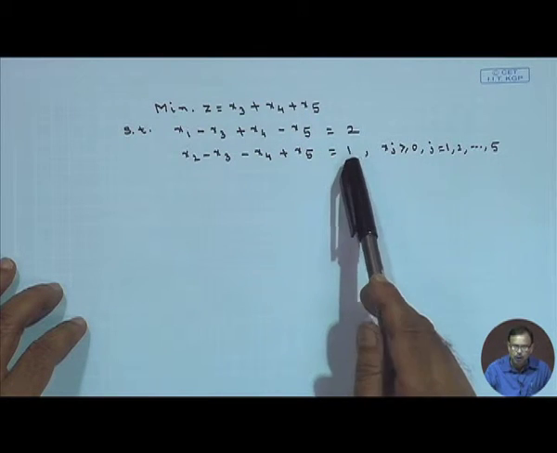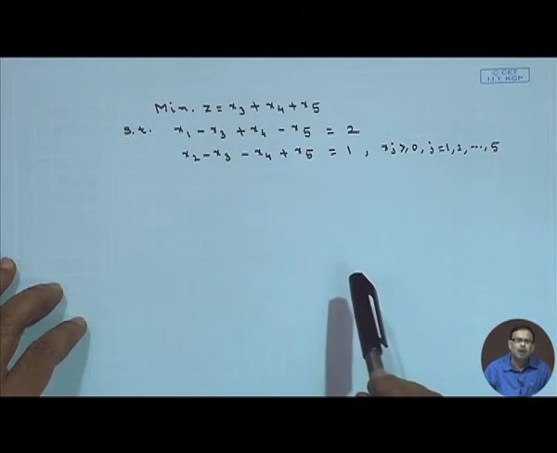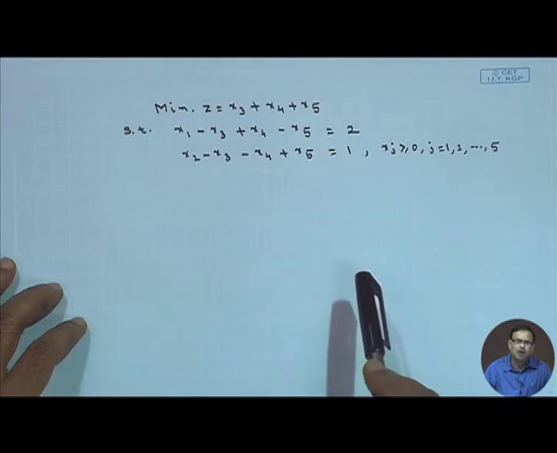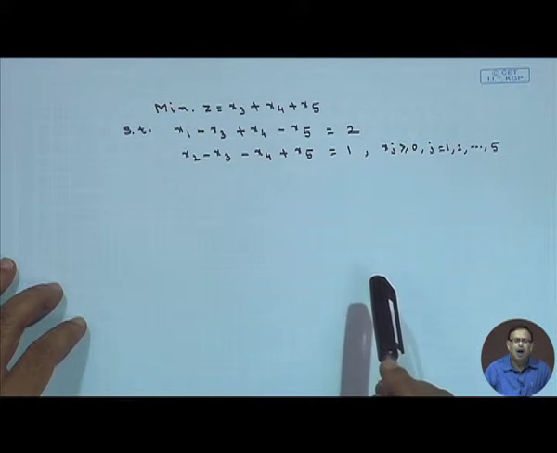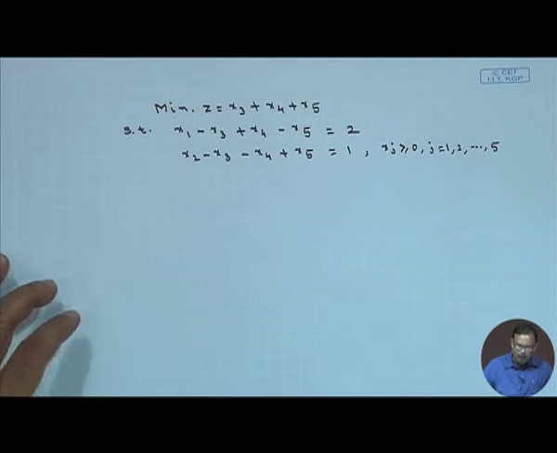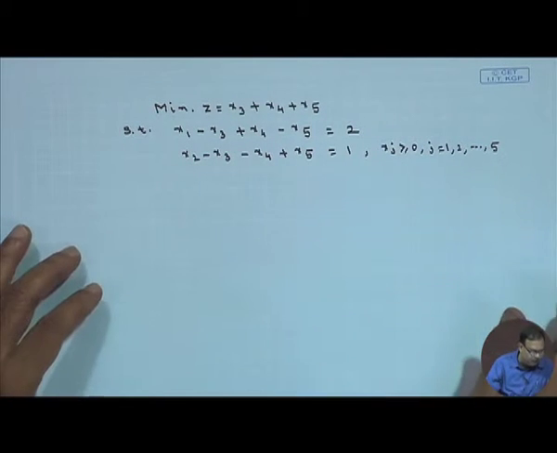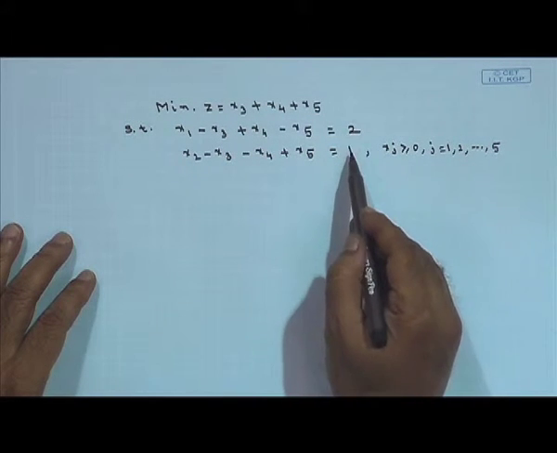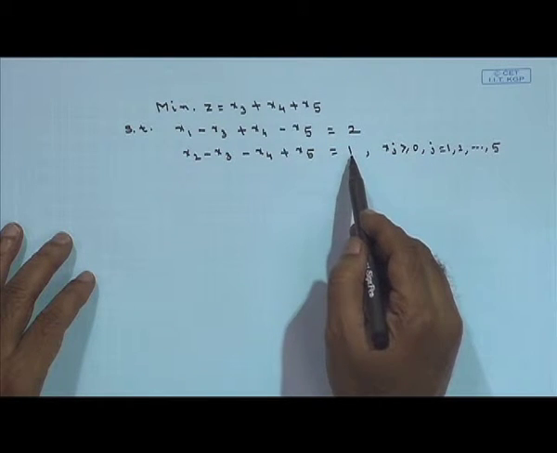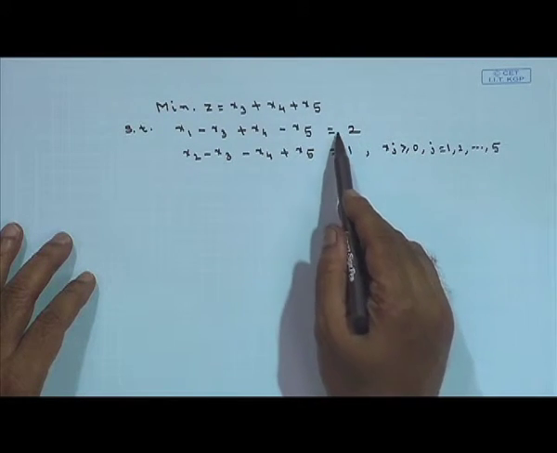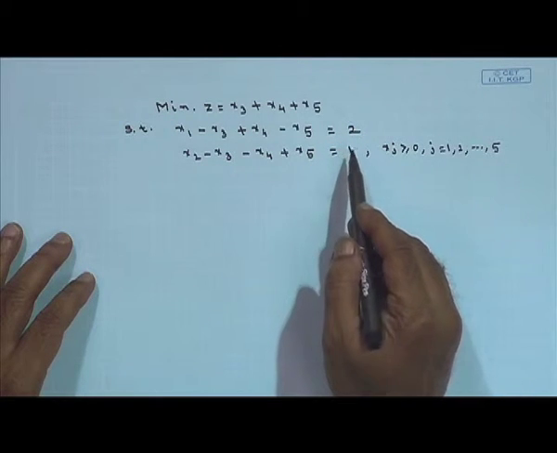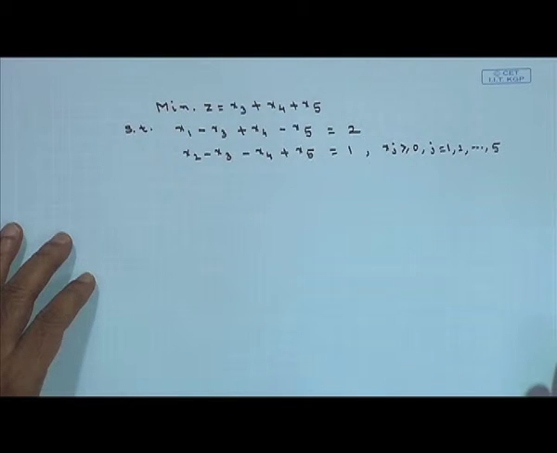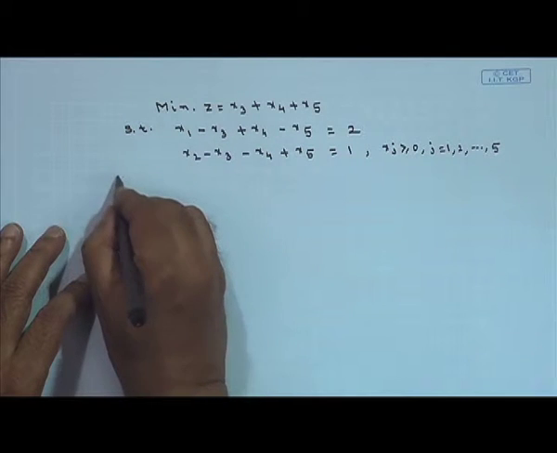So, these two equality constraints, I have to convert into inequalities. One will be greater than or equal to, another will be less than or equal to. Then the greater than or equal to inequality, I have to convert into the less than or equal to type. Another thing to note here: since I have two constraints which are of equality type, therefore the dual will have two variables which will be unrestricted in sign. So, first write down the canonical form.